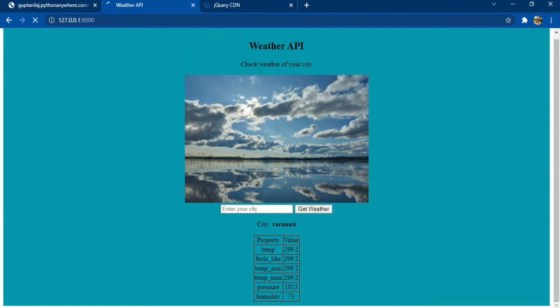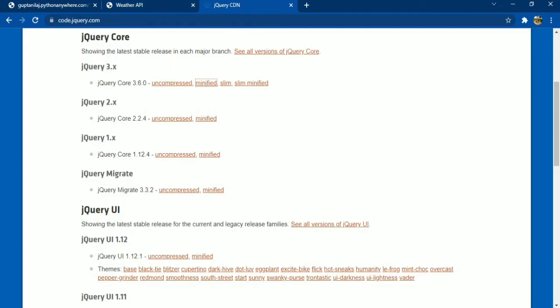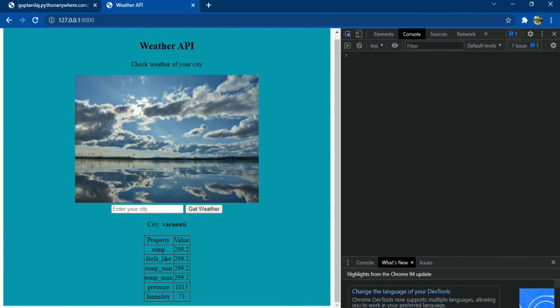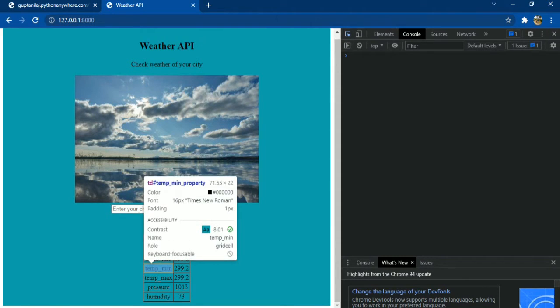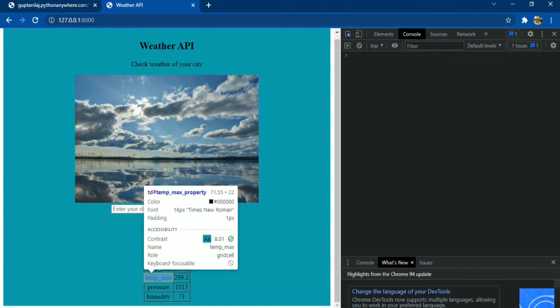Let's reload it and inspect this page. You can see its ID, feels like property, temp min property, and temp max property.